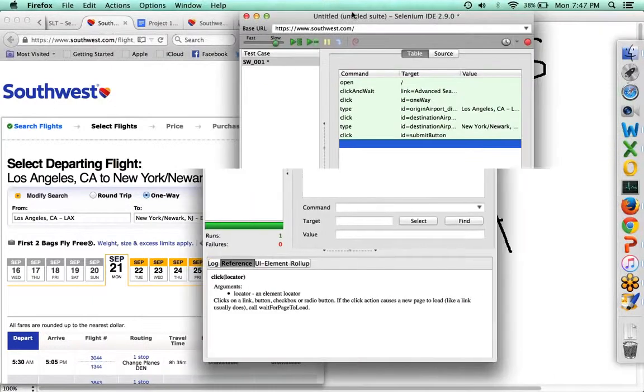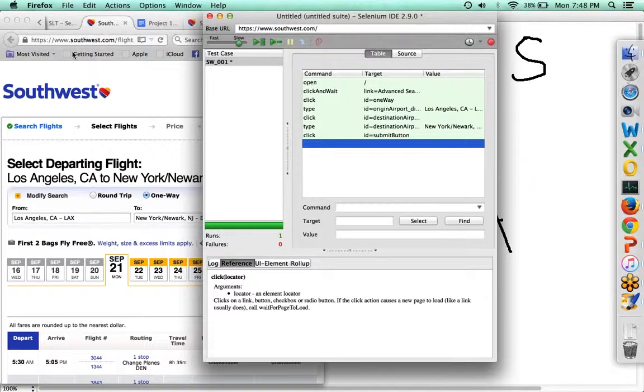But now let's take a deeper look at what this is. What is it that Selenium understood when we did a record? How did it know what to do? Now,